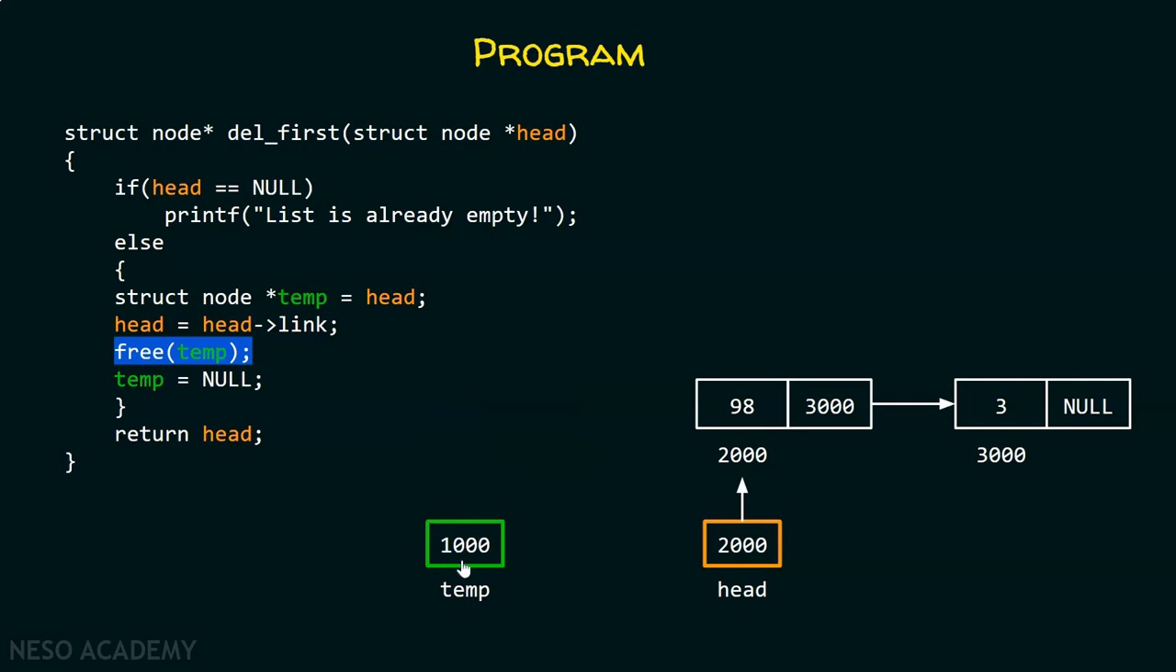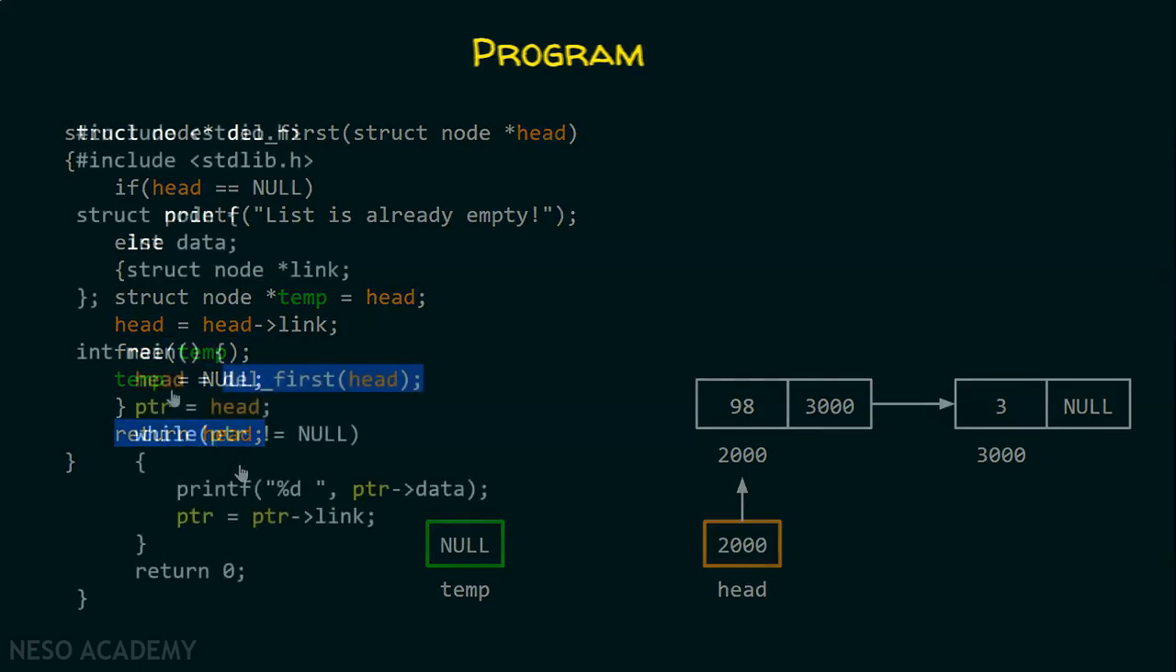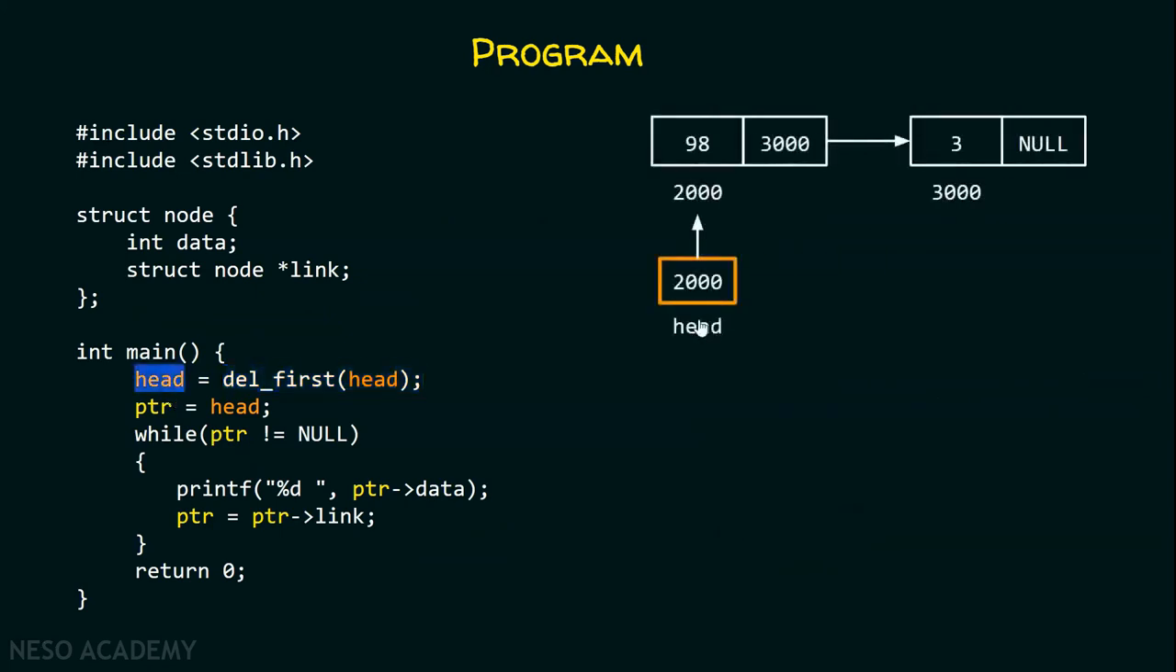And you can see over here, the temp still contains this address 1000, which is the address of an invalid memory location because we have deleted the memory for our node. That is why we must assign null to temp, and then finally we will return head. And here in main function, head will receive this address 2000 because we have returned that head in the del first function, right? Here this head will receive this address 2000, and it is very important to receive this address